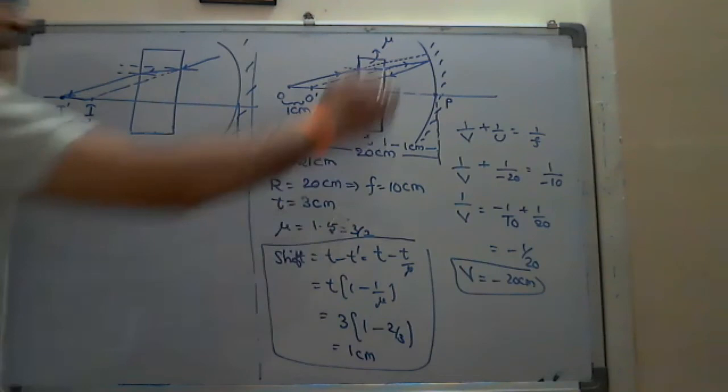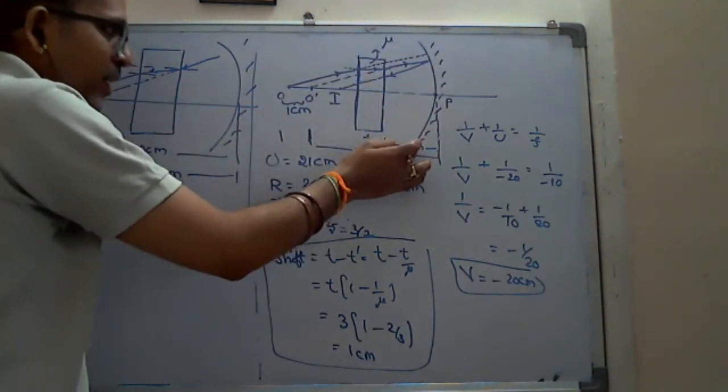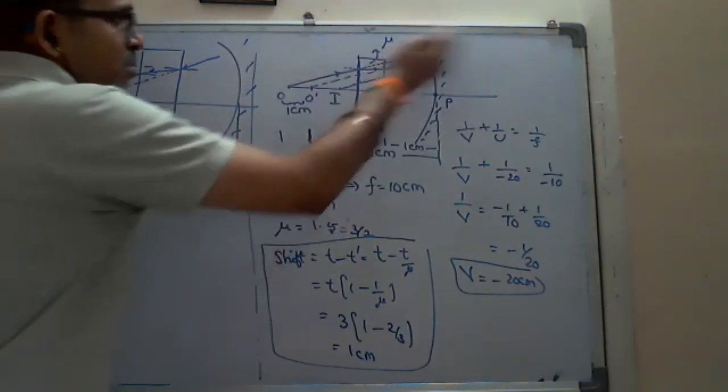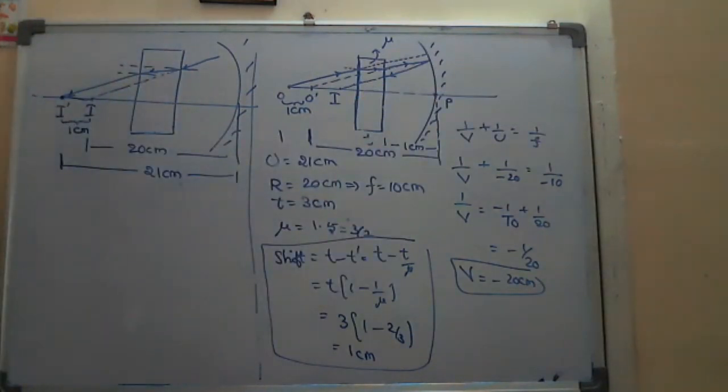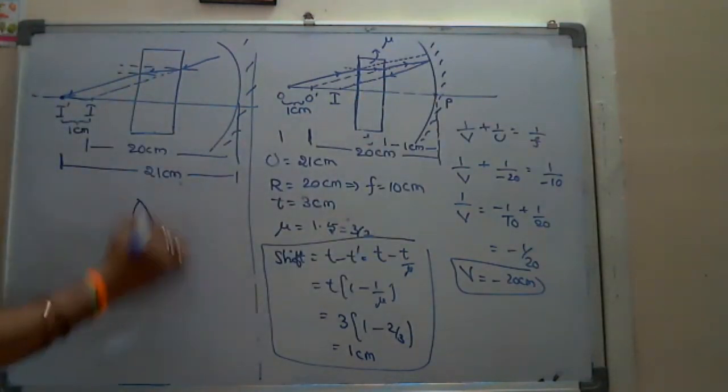rays falling either on concave mirror or convex lens. Convex lens means the image will be formed on the other side. Okay, so there if it is